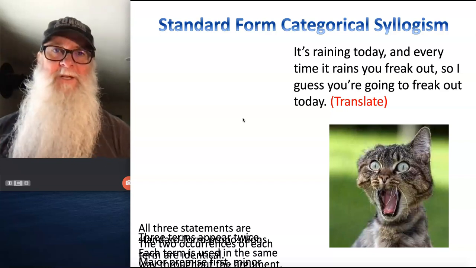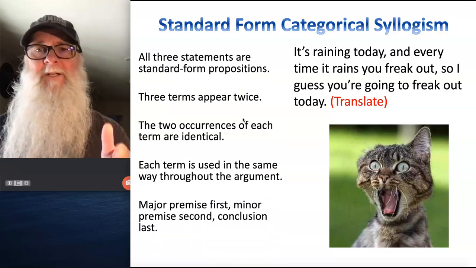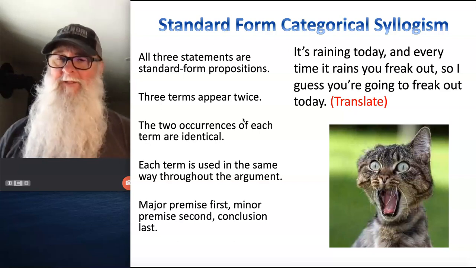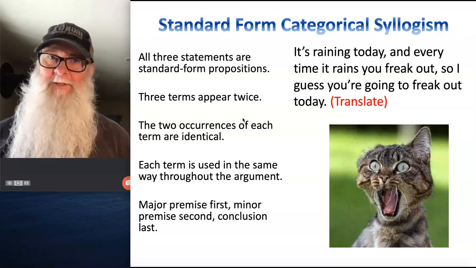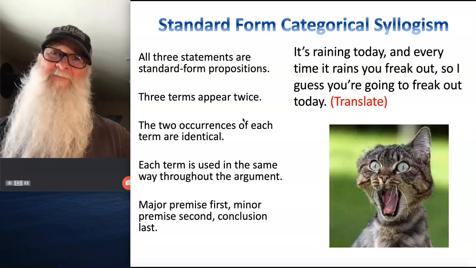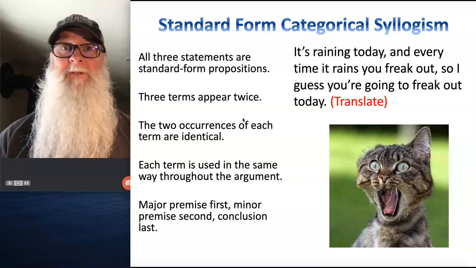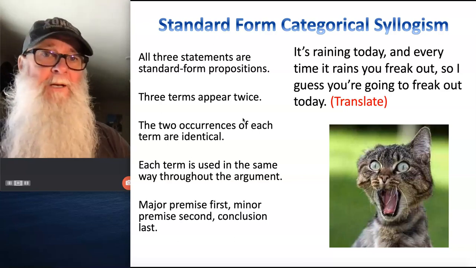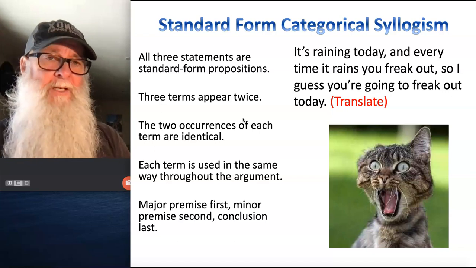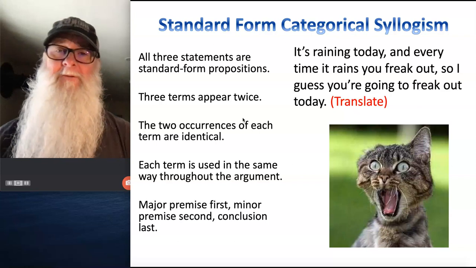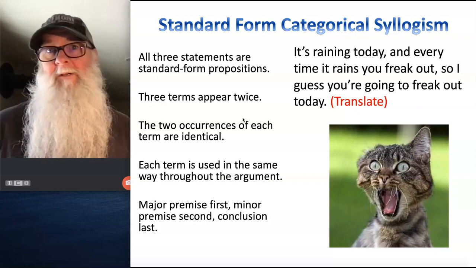What that means is you've got to come up with an argument that adheres to all of these criteria that appear on your screen. This is a really important opportunity for you to be checking your understanding of the concepts that we're talking about before things get more complicated, because they're about to. So you really do want to take this opportunity to pause your video, take out a piece of paper, do the best you can to translate this argument into a standard form categorical syllogism that represents all of these criteria here on your screen. And when you're ready to check your work, go ahead and restart your video.